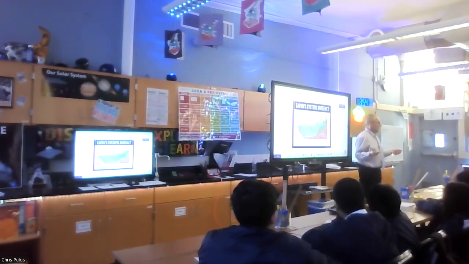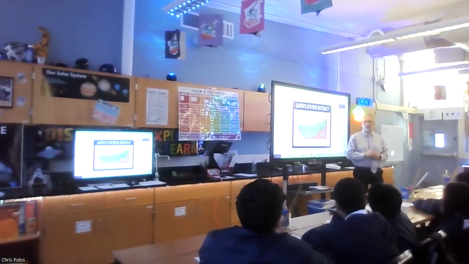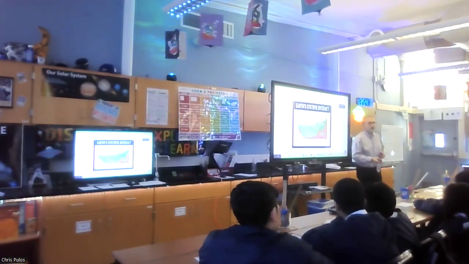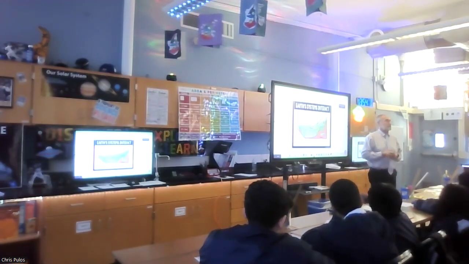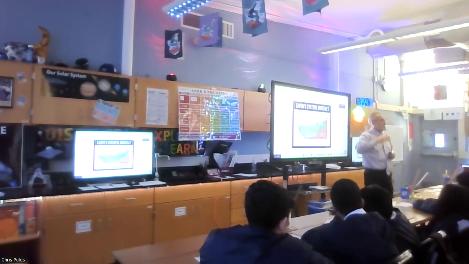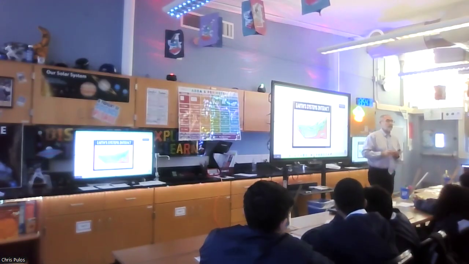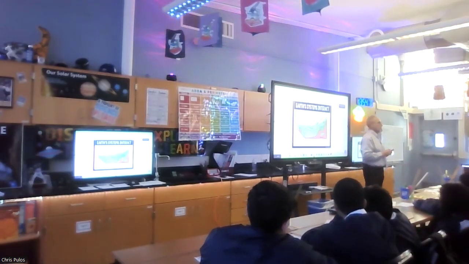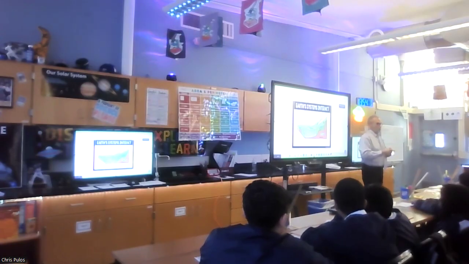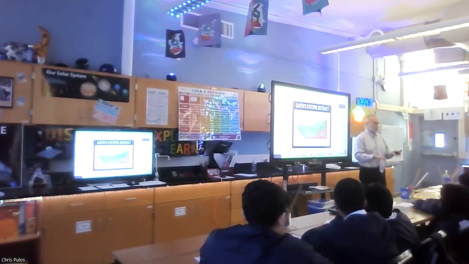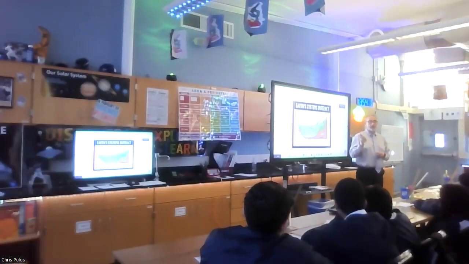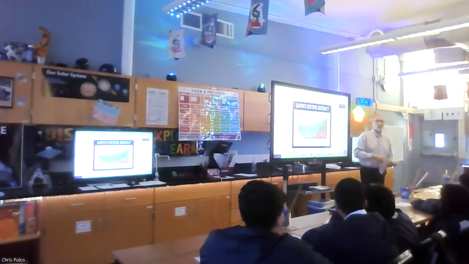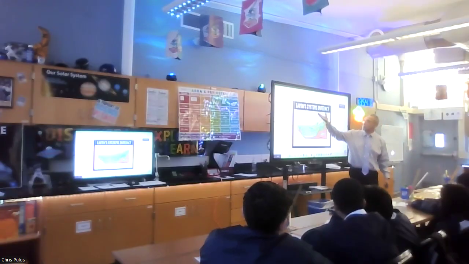Now, where do we get most of our heat here on the planet? The sun. That's the biggest source of heat. The sun's rays hit the earth and it warms up the earth. And when it hits the water, it warms up the water. What happens to the water? It evaporates. Okay, so now you have water vapor going up into the atmosphere.